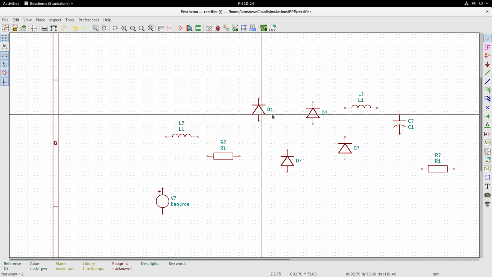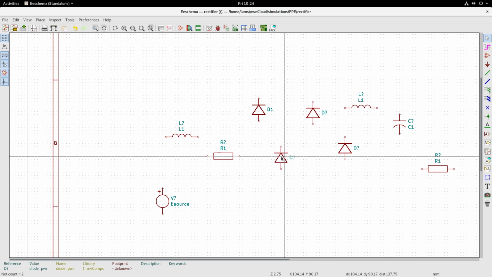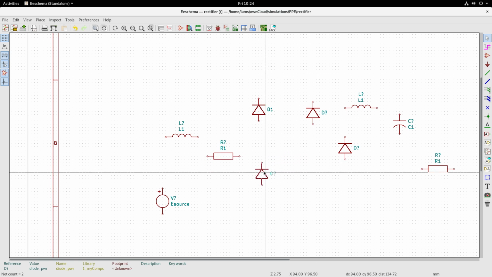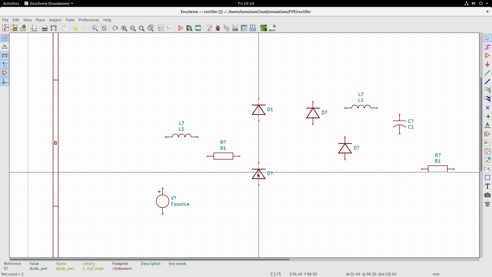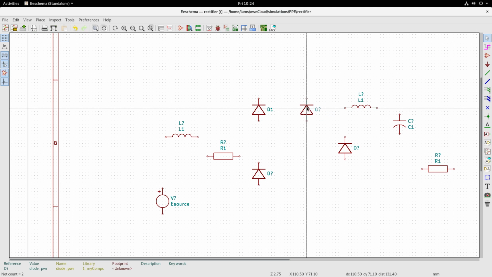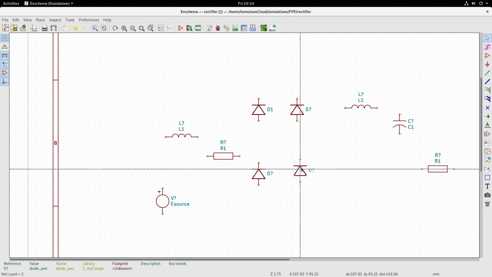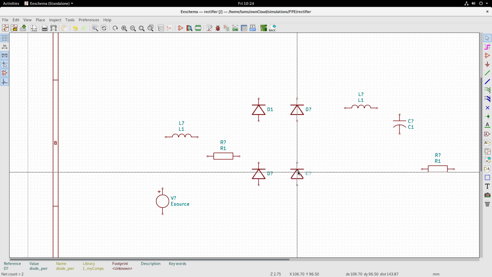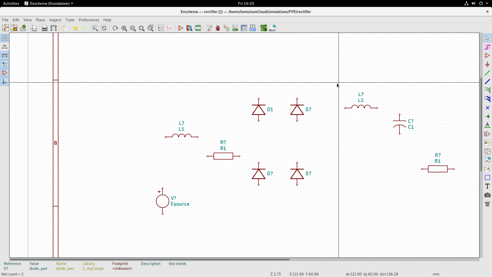So step by step we can do that. And let me move this diode to come in line with this. So let me move this diode to have some semblance of the circuit that we normally draw.